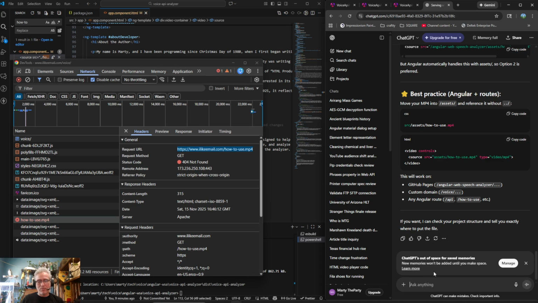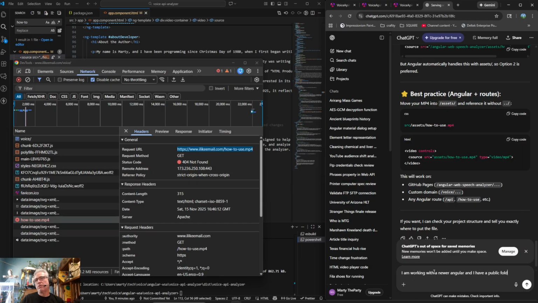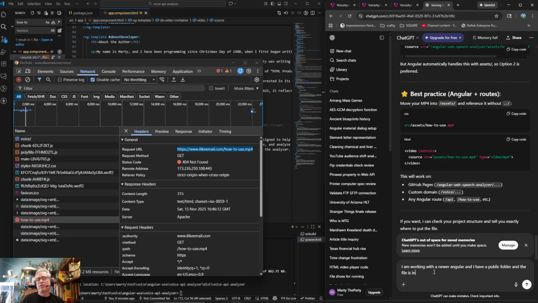Okay, so I have a public folder. I'm working with a newer Angular, and I have a public folder, and the file is in it, and the movie file is in it, in the public folder.